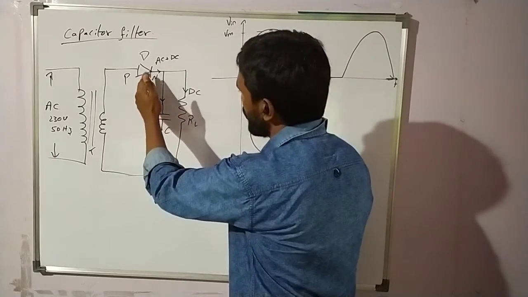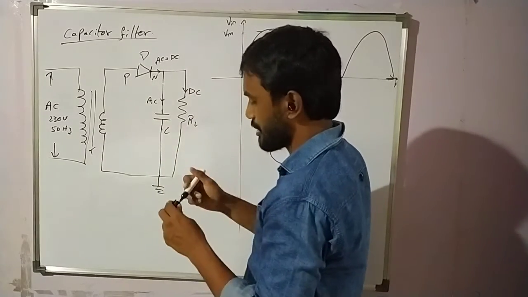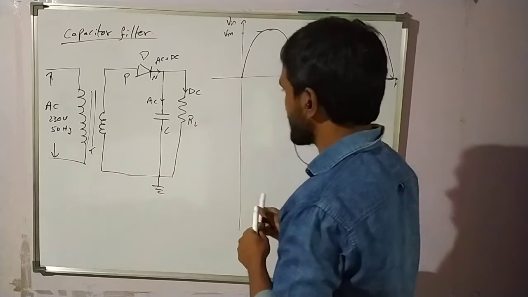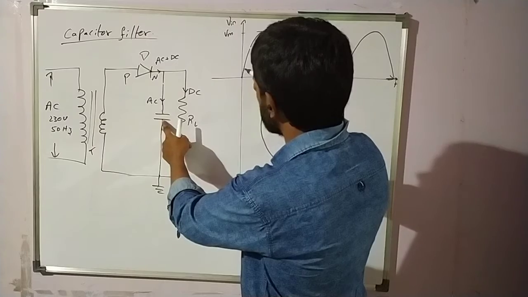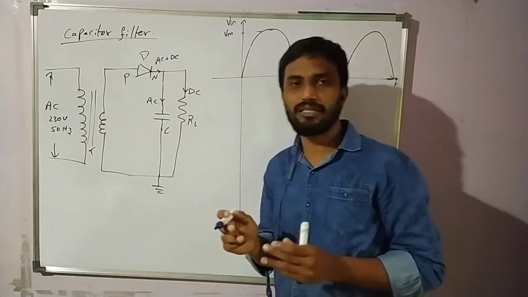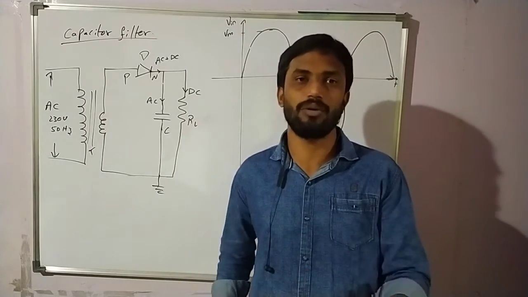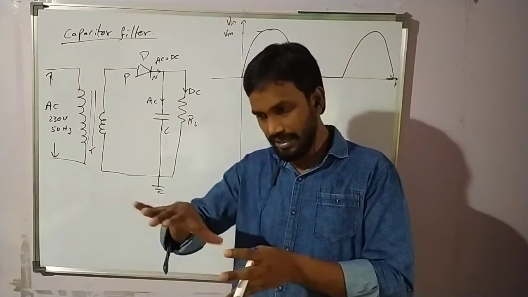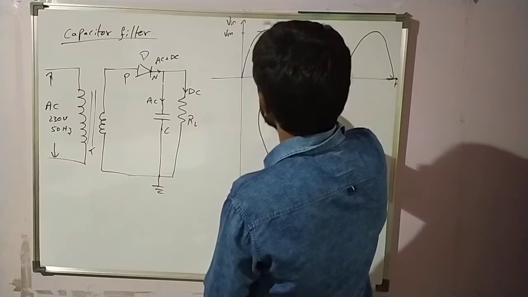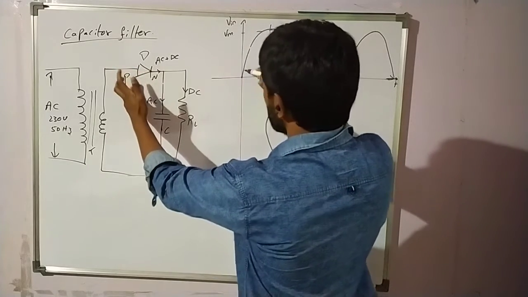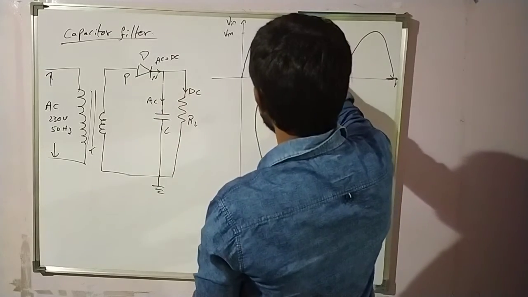Now my input is increasing. As input is increasing, the capacitor also gets charged. So the capacitor is charging. Input is increasing still more. When a capacitor is given a supply, if the supply voltage is more, then it will get charged. If the supply is less, it will try to discharge. So the supply is more up to VM, so the capacitor also charges. It will reach VM, the peak voltage.